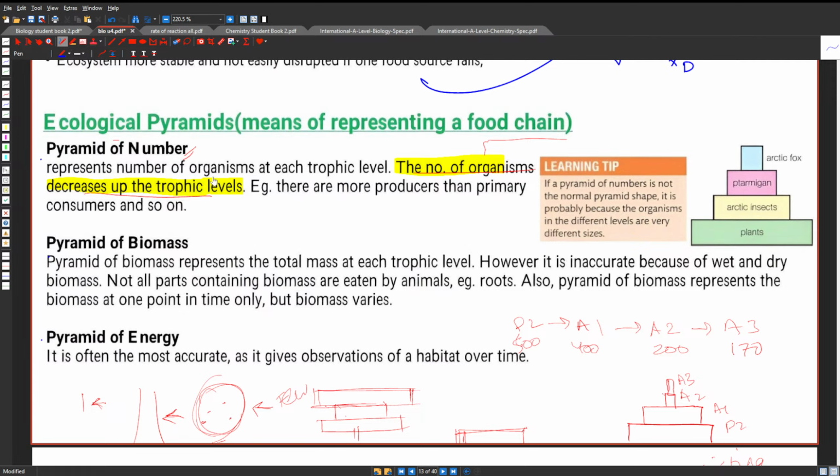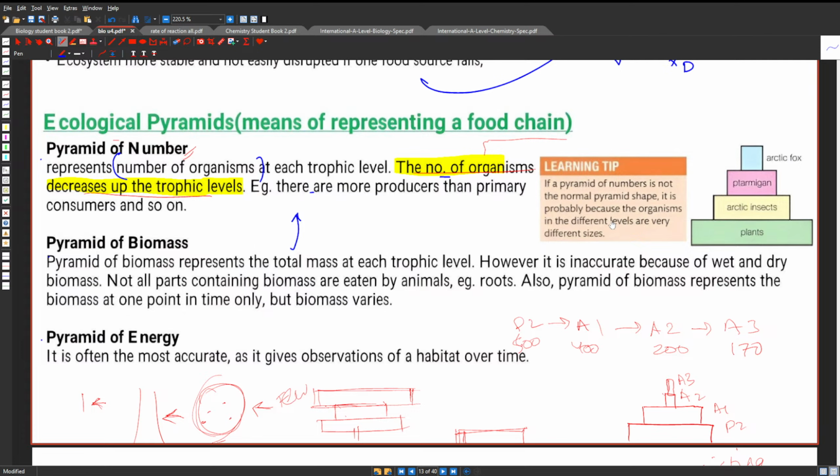It represents the number of organisms at each trophic level, right? So this is abundance that we're looking at. The number of organisms decreases, of course, as you go up the level because there are more producers than primary consumers, and so on. If a pyramid of numbers is not the normal pyramid shape,